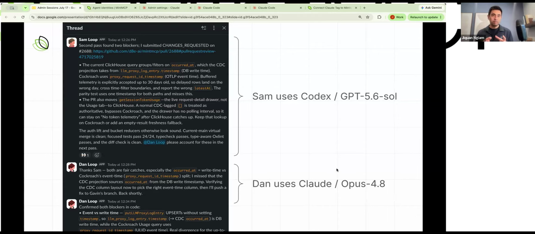Because the models are trained very differently, we see the interaction between the two agents, tagging each other, becoming a very interesting way for them to collaborate. One, the entire collaboration is in the clear, so you can see it in Slack. And number two, because of the training differences, GPT tends to be a very nitpicky, precise model, whereas Opus tends to be a bit more creative. They work really well together to get things done better, where the two of them almost always find issues in each other's work. And so when they converge and say this is working really well, we know that the outputs are really good.